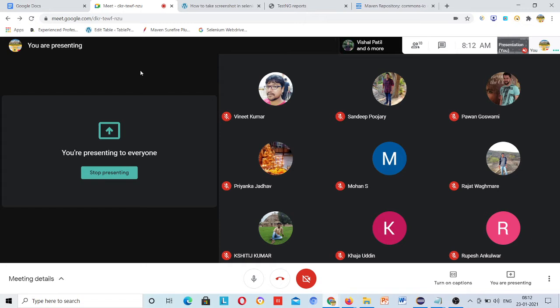See, the Actions class: all drag and drop, right click are part of the Actions class, and he has covered that, and he has covered right click I think with that, and also told about those methods.